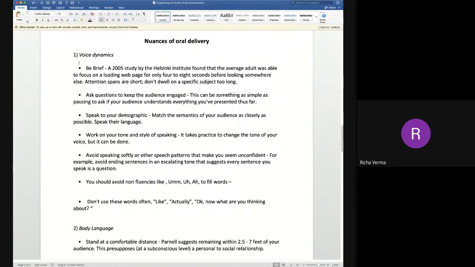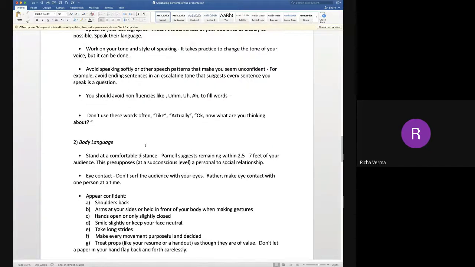So we have discussed here how to improve your voice dynamics when you are giving an oral presentation. These things will be useful for communication skills as well, because when you are communicating with another person, you have to make sure that the other person does not get irritated by your voice, by your speech. It should sound more pleasant. It should sound more beautiful when you are speaking, rather than giving a wrong impression to the audience.